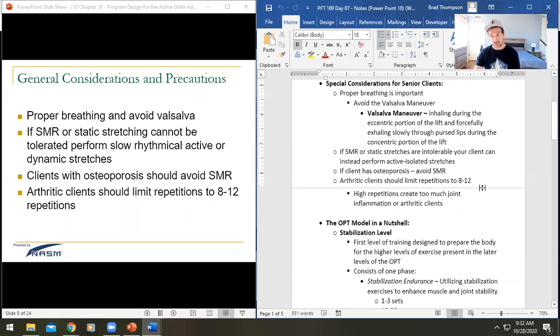Now, there are some special considerations when working with seniors. Obviously, proper breathing is important. We know that many of our senior clients suffer from arteriosclerosis and atherosclerosis, right? Thinning or hardening of blood vessels. And so the Valsalva maneuver, which is a great technique in general, is totally inappropriate for most of our senior